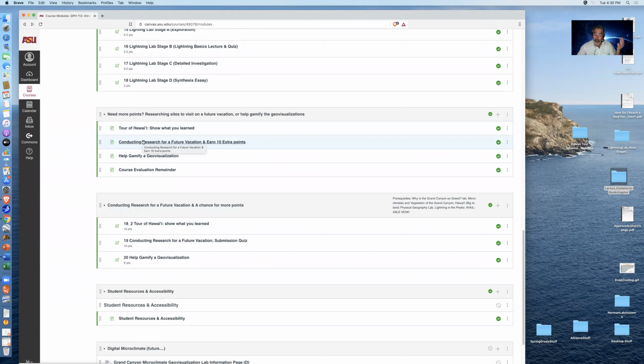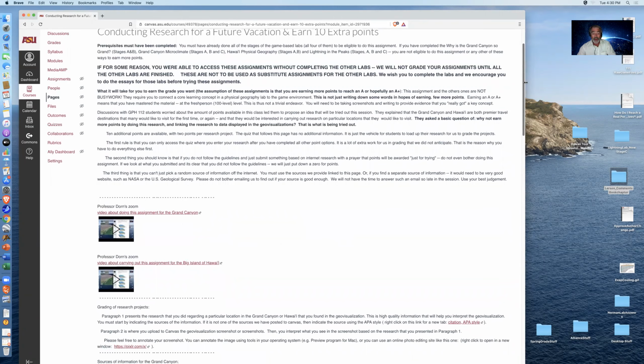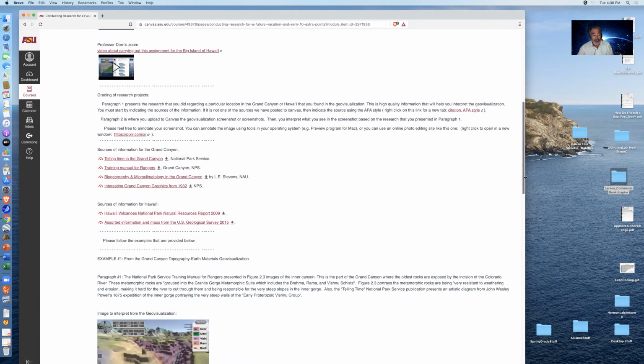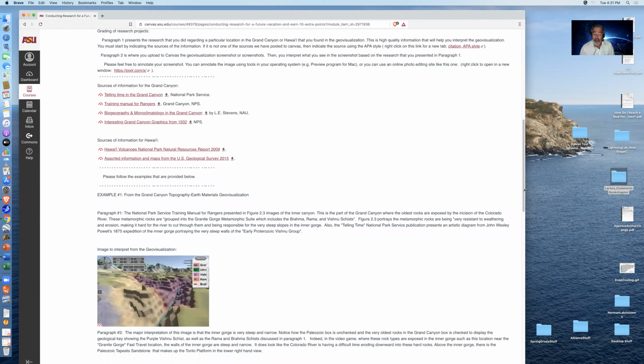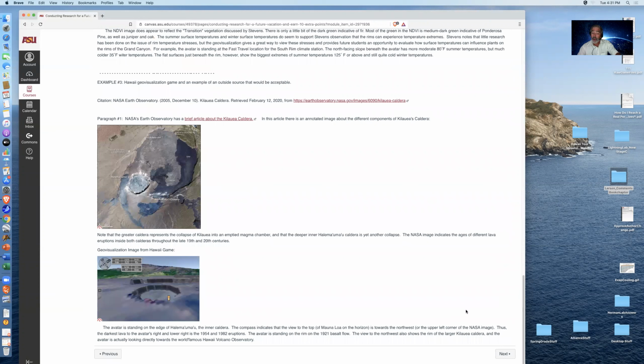For the conducting research, the idea is that you can go to Hawaii or the Grand Canyon, and I provide zooms about what I'm looking for. But the essence of this is you don't use one of my examples, but you do research on something that interests you, such as the training manual that they give for rangers about the Grand Canyon's geology landscape connection. You can then go and use that training manual and go in the game and illustrate the concept that you wanted to learn for yourself,